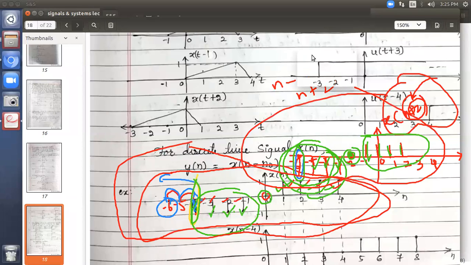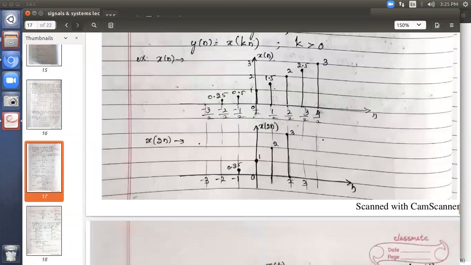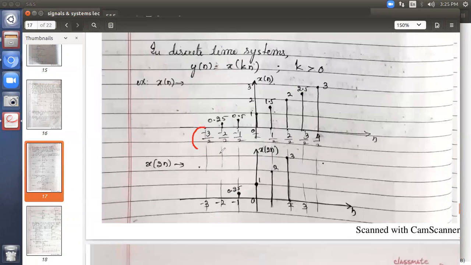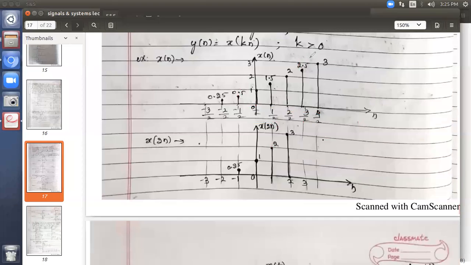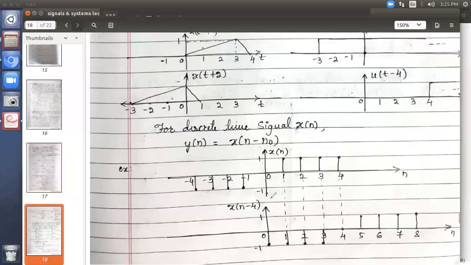Let me show you how it is. Here, if you observe, when I divide it, some fractional values will come, 3 by 2, 1 by 2, like that. Under such cases, those sample amplitudes should be discarded, not this one. Otherwise, in time shifting, the total number of samples